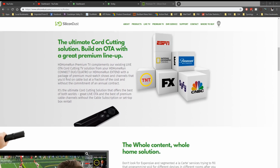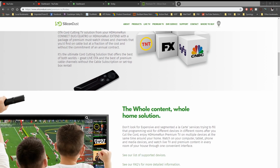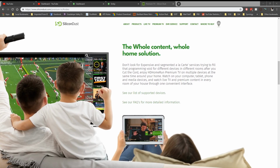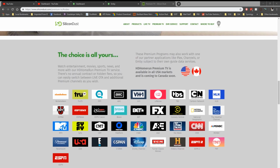Paramount, ESPN, Nat Geo, FX, TNT, Sci-Fi. You know, pretty much all the main channels you would want, with the exception of a few. And it even has ESPN, which I'm not a sports person except for basketball, so it doesn't really matter to me. But as you can see, you get a lot of bang for your buck, and you don't need Emby to